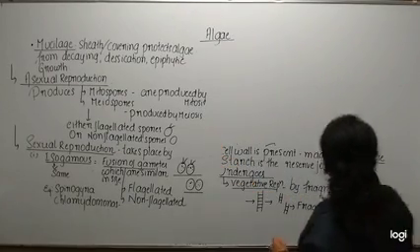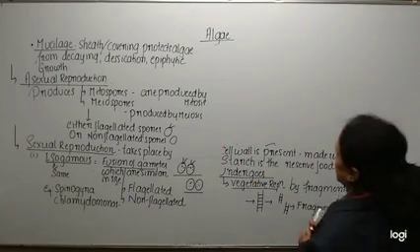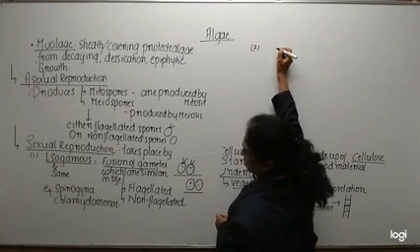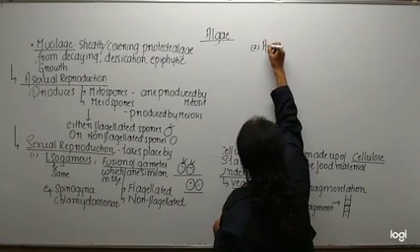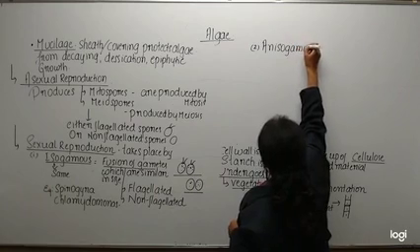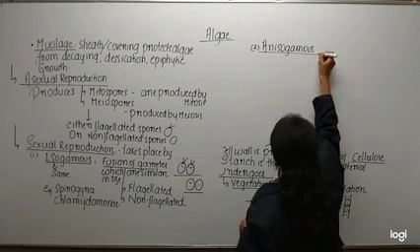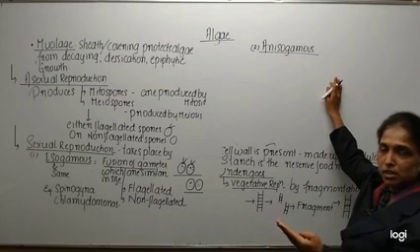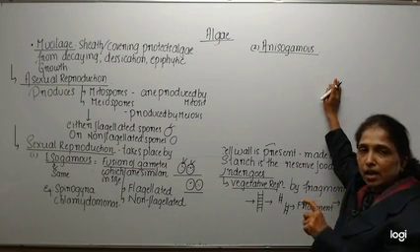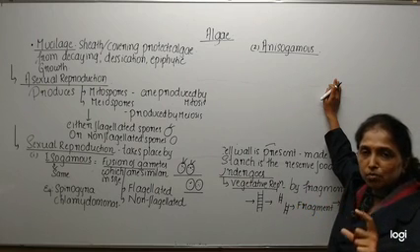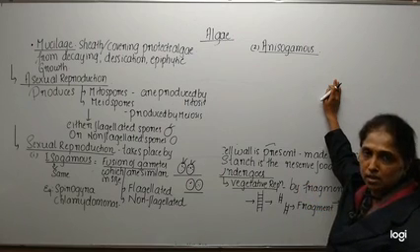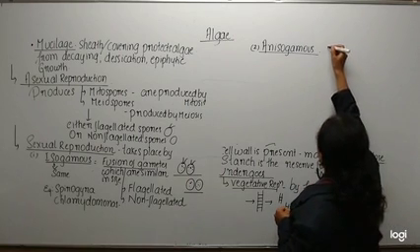So under this, I'm writing the second type of sexual reproduction. It is called anisogamous. Now it is fusion of gametes, but they are dissimilar in size, not similar. One gamete is larger in size, and the other is smaller in size. Fusion of gametes which are not similar in sizes is called anisogamous.